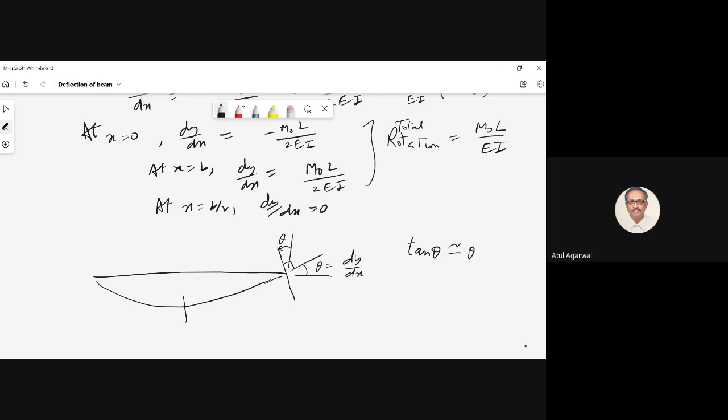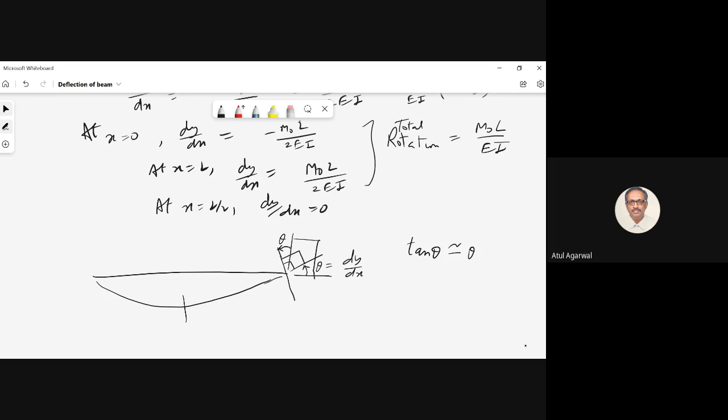What you are saying here. You see this angle is 90 degrees. This angle is 90 degrees. So this is the intermediate angle. Both sides you add theta, you get 90 degrees. So these two thetas are same. So this theta is nothing but rotation of the cross-sectional plane. Rotation of the cross-sectional plane is same as the slope of the tangent to the curve, deflection curve. Any questions?